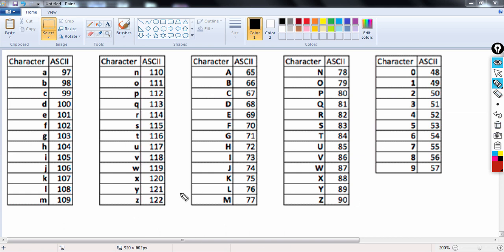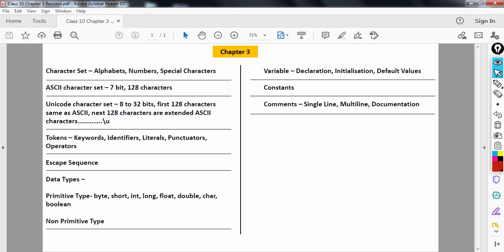The next character set is the Unicode character set. The Unicode character set uses anywhere between 8 to 32 bits. Depending upon the situation, it will use either UTF-8 or UTF-16 or UTF-32. So obviously it can store a lot more characters than the ASCII character set, and that is why Unicode was brought in, because we have way more than 128 characters throughout the world.